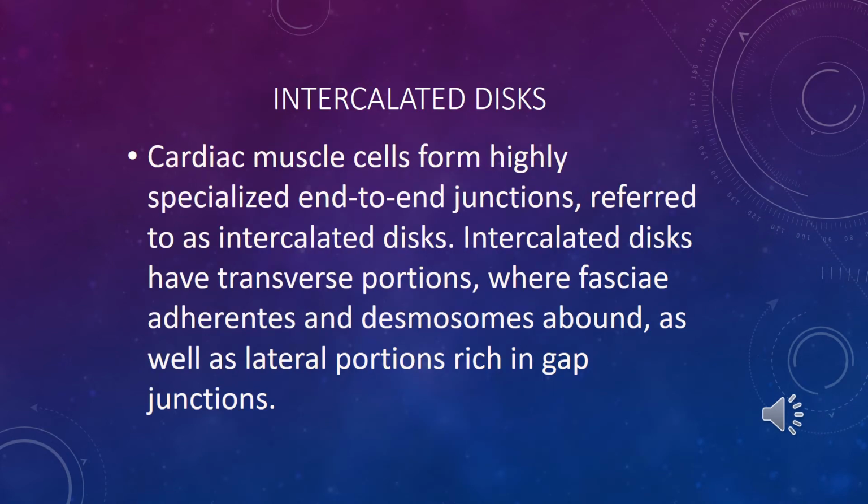The intercalated disc is a special junction between cardiomyocytes which includes several different types of cell junctions. It includes the desmosome and the gap junction, or nexus. The gap junction provides communication between cells. This communication is formed by a special protein, connexin, which forms connexons, and the connexons together form a strong